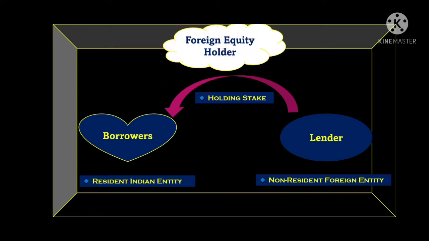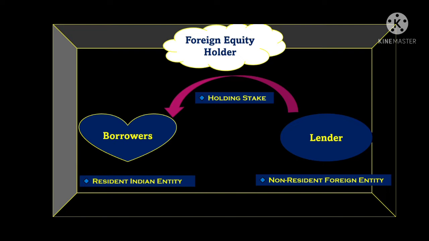Foreign means any non-resident, right? Equity means the money invested. Holder means getting an ownership, right? So if I combine all these three words, then what would I get? Any non-resident entity or individual, when it's investing money, becomes an owner up to that amount. That is called a foreign equity holder,